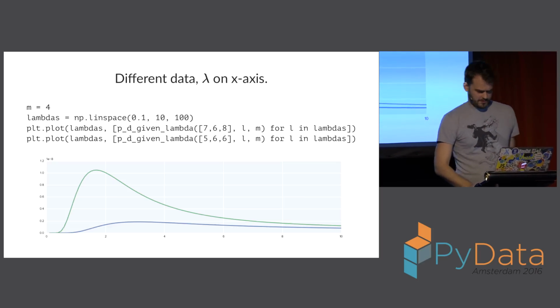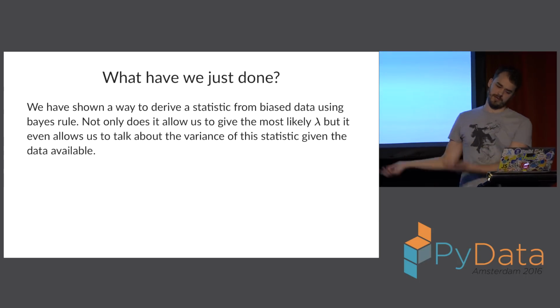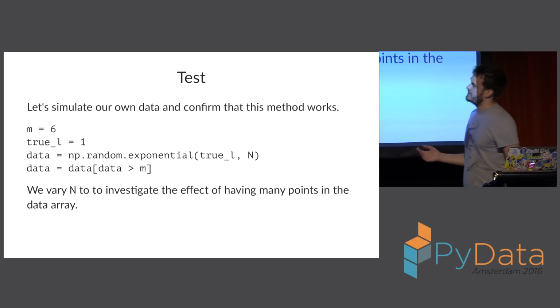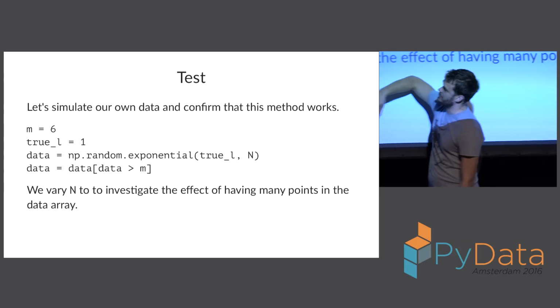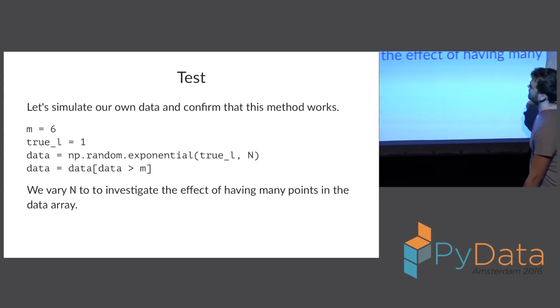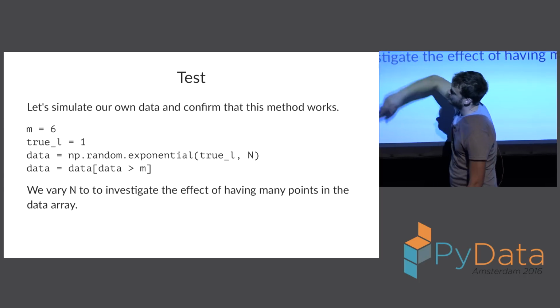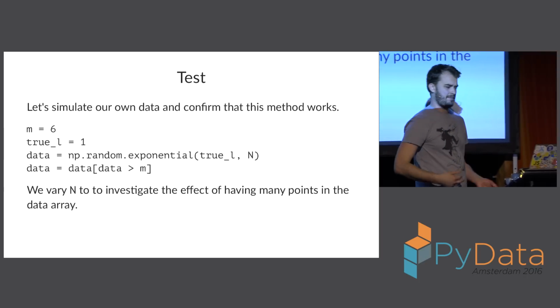So this looks cool, but to convince you, how about I just show you a demonstration where I know lambda beforehand. So let's just generate our data ourselves. So let's say that m is equal to 6, the true lambda is equal to 1. I'm generating some data, and what I'll then do is I'm going to filter some data out if it's lower than m. I'm going to do this a bunch of times and see what happens